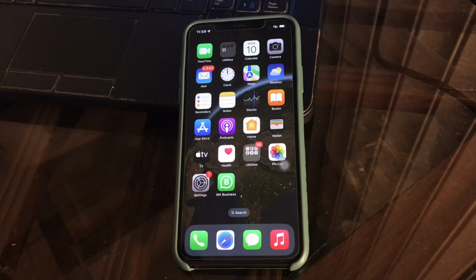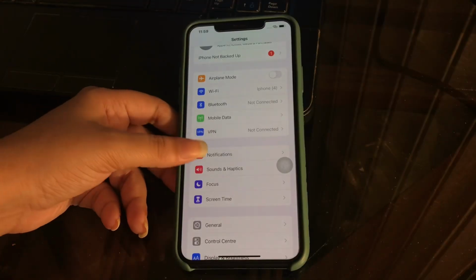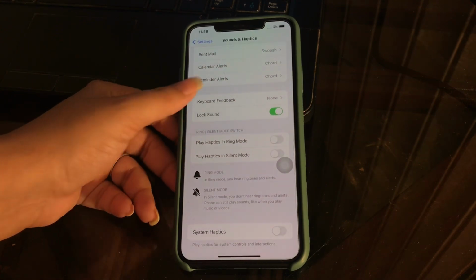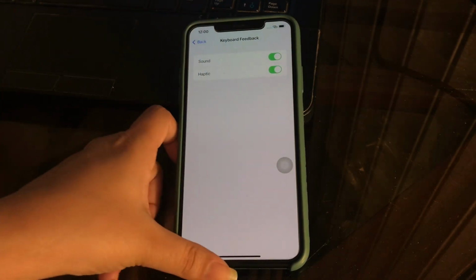And the next tip is to get a vibrating touch tone while typing on a keyboard. While you are typing something on a keyboard, it feels really good if you can get a touch and feel of it. This feature was already present in Android phones for several years but was lacking in iPhones. But Apple has introduced this feature in the iOS 16 update. You can now enable the keyboard feedback by enabling either sound or haptic or both. For this, go to Settings, tap on it, and then tap on Sound and Haptics. Scroll down and then tap on keyboard feedback, turn on sound and haptic, and you are done.